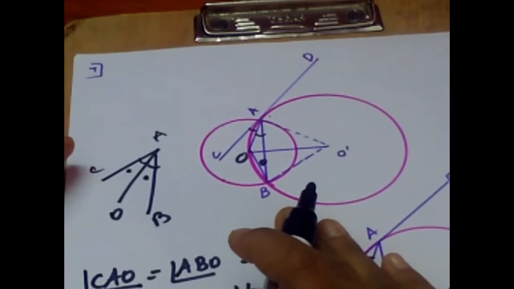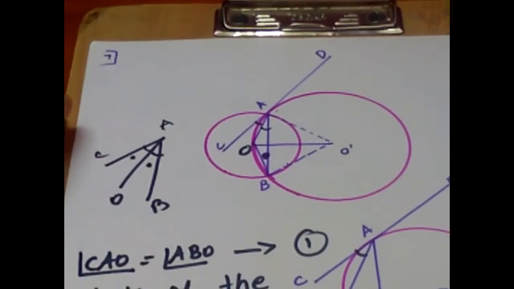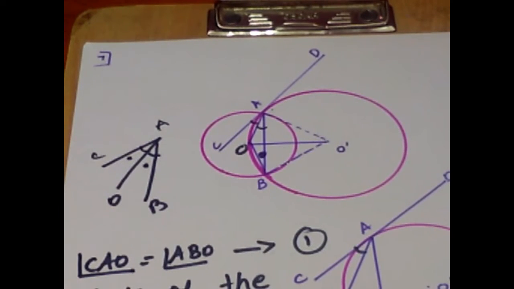Again, I am reminding children, for all the prove-that problems, I am just showing you the proof part. You need to draw out what is the data, what is to be proved, and the construction if necessary. Only the proof part I am writing; data and to prove you need to write. This is the solution for question number 7.